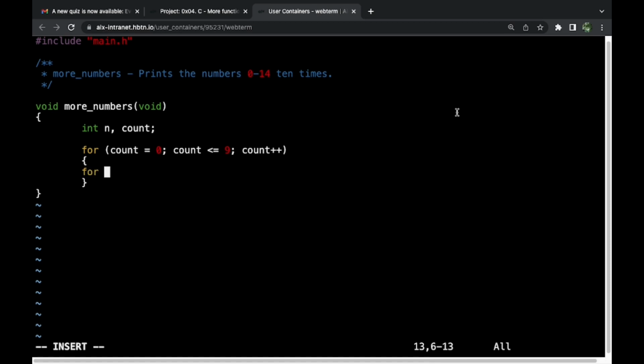we need to set a condition for while n is set to 0 and n is less or equal to 14. Yes, which is the number less or equal to 14, comma, we're going to increment n, right? So increment n. Now, while this is the case, then what do we do? We are going into an if statement. So if n is greater